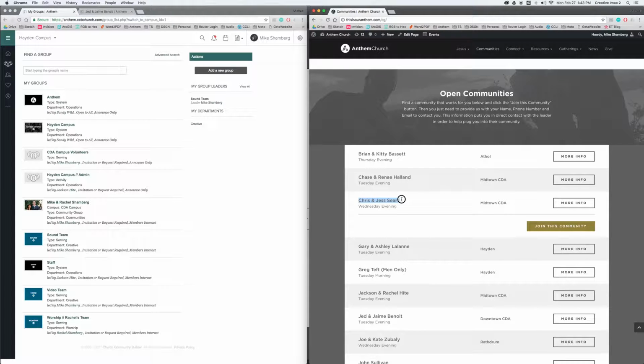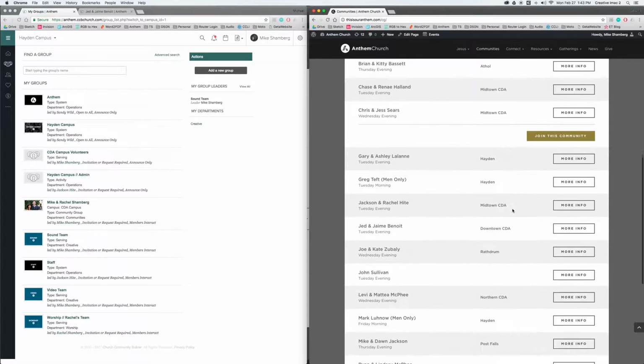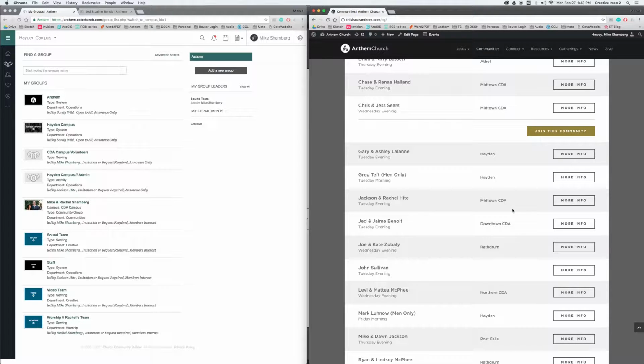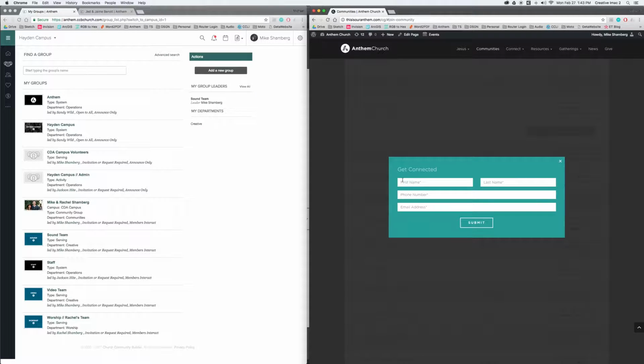And what this does is shows a group here, shows when it meets, where it's meeting, just enough information for them to essentially know a bit about the group, and then they can initiate to join that community, in which case they put in their first name, last name, a phone number, and an email address. So it's super lightweight, really easy